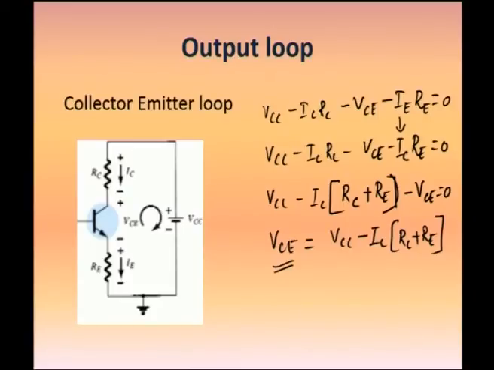And if the question is what is VE, the emitter voltage, it is IE RE. Otherwise, you can write it as VCC minus VCE. And what is VB? It is VBE plus IE RE. These are some of the important equations from this output loop,